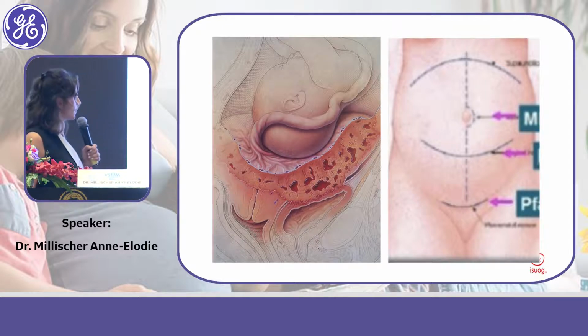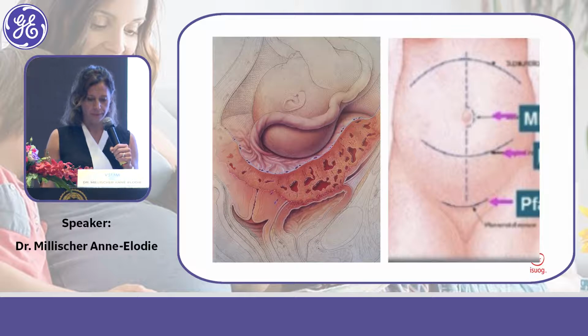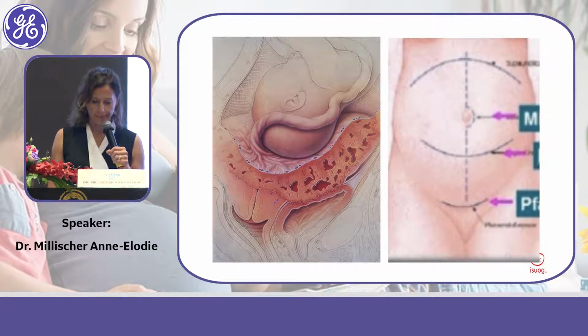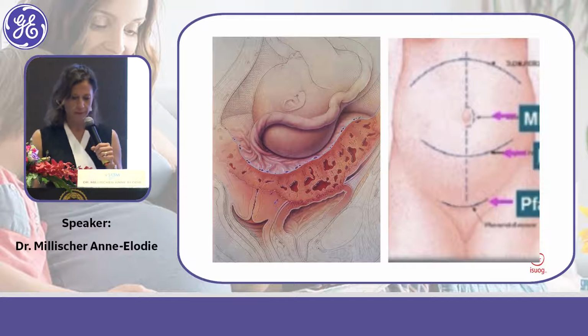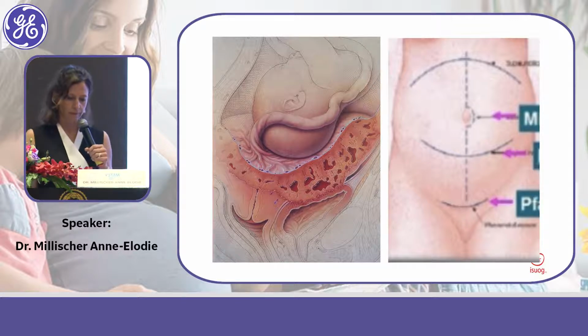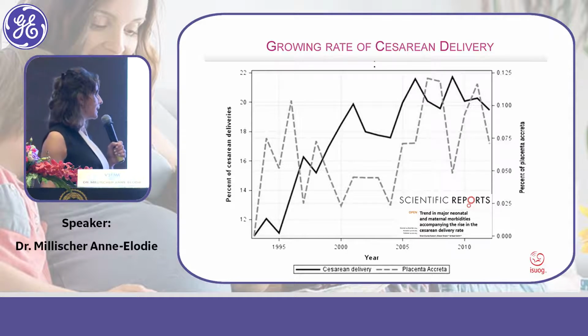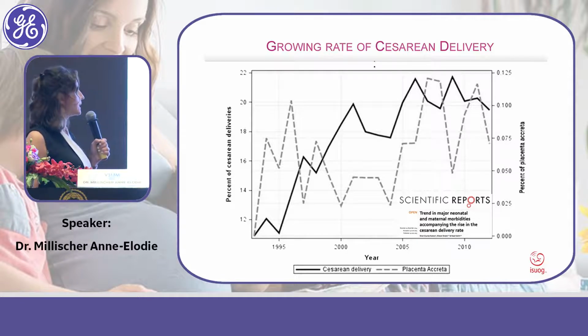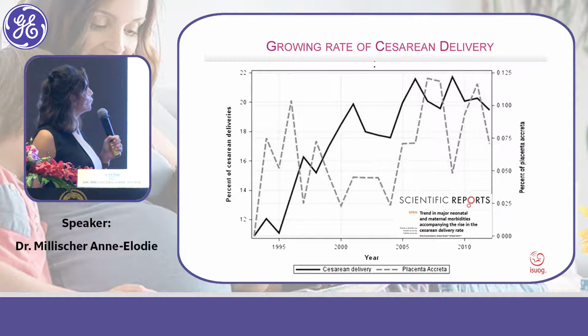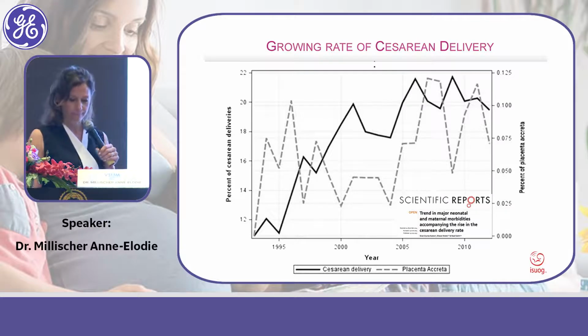Nếu như mà các bạn chẩn đoán nó sớm á, thì sẽ rất tốt hơn. Nếu như mà hơi quá một chút cũng được, tại vì mình sẽ quan tâm nó nhiều hơn, và khi mình phát hiện ra mình sẽ quản lý thai kỳ nó tốt hơn. We know that the placenta accreta, morbidly adherent placenta, increase due to the improvement of the cesarean delivery. Và chúng ta đã biết là cái tỷ lệ nhau cài răng lược tăng lên là do cái tỷ lệ mổ lấy thai cũng tăng lên trong những năm gần đây.